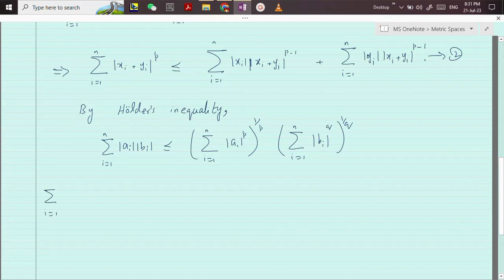We have summation i from 1 to n of xi yi, whole power p, which is less than or equal to, by Hölder's inequality I told that, that's our mod of ai, and this quantity, the whole quantity mod of xi plus yi whole power p minus 1, is our mod of bi, because its modulus is the same. So following this inequality, we have the first summation in this way: